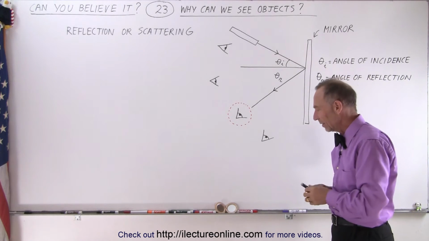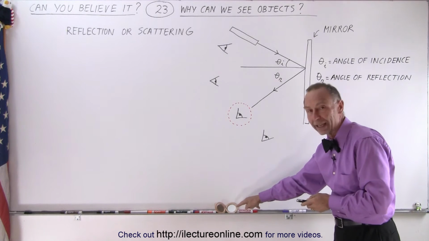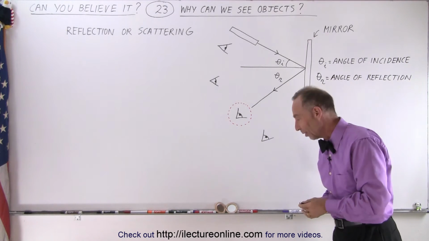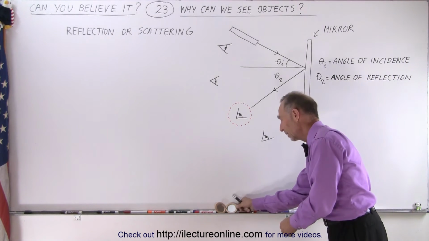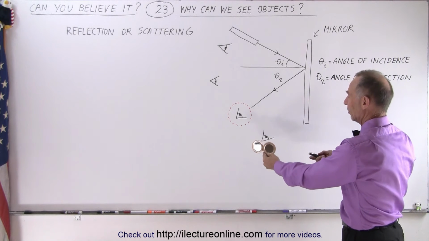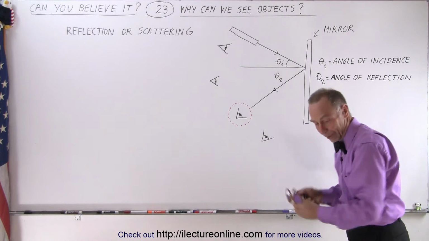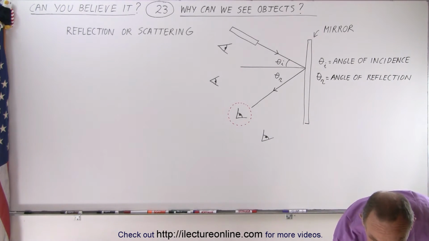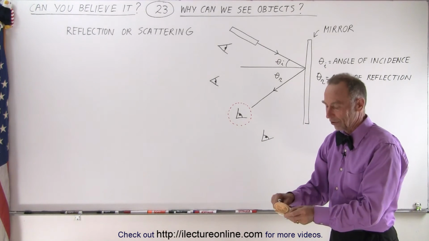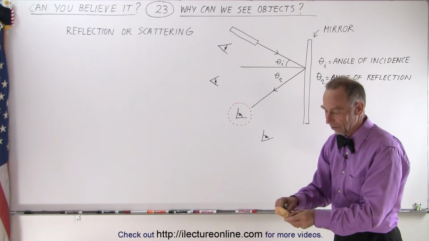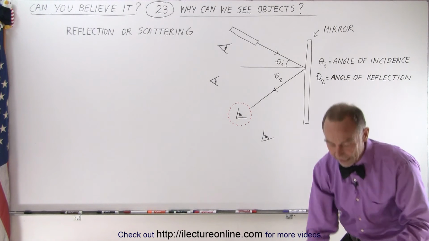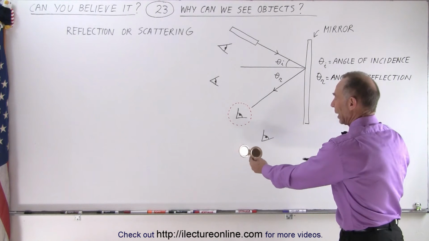But now I'm going to take the laser light and I'm going to shine it in a little mirror right there. So what happens, and let me lift up the mirror so you can see it. So when I shine into the mirror, notice that what I'm going to do is actually clean it just a little bit more because there's probably a little bit of chalk dust on there, so I want to get rid of the chalk dust. And again, let me shine the laser light right into the mirror.